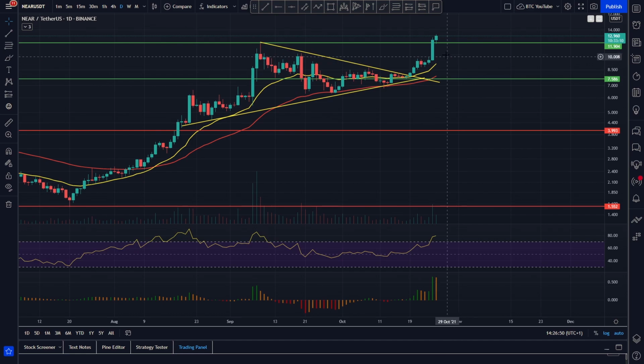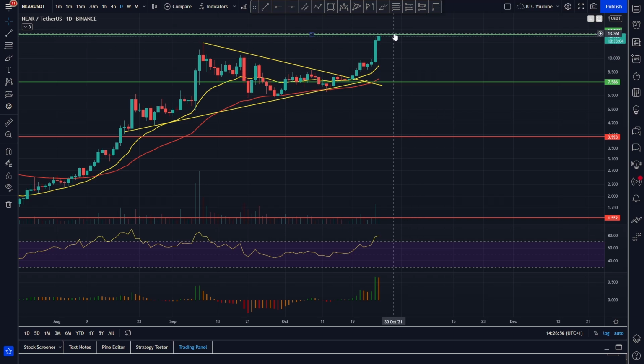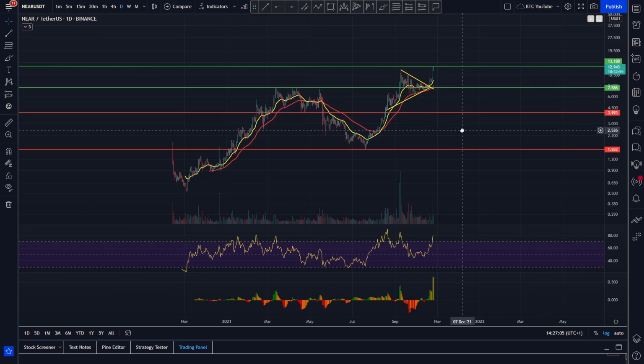So we're just taking a look at NEAR here, and as we can see it is currently sitting at some new all-time highs, with an all-time high of around, I'm just going to put this in something like this. You can see here the new all-time high around $13.35, a very nice all-time high indeed. You can see here quite clearly, I mean this chart is looking super textbook in terms of